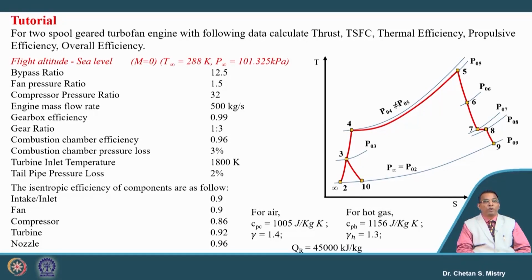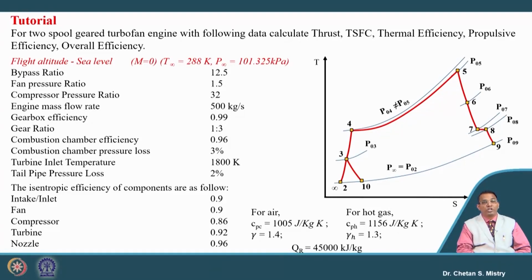Bypass ratio is 12.5, fan pressure ratio is 1.5, compressor pressure ratio is 32, engine entry mass flow rate is 500 kg per second, gearbox efficiency is 99%,